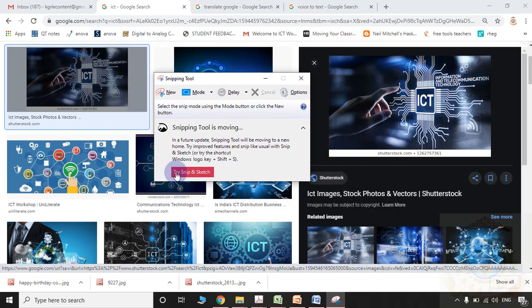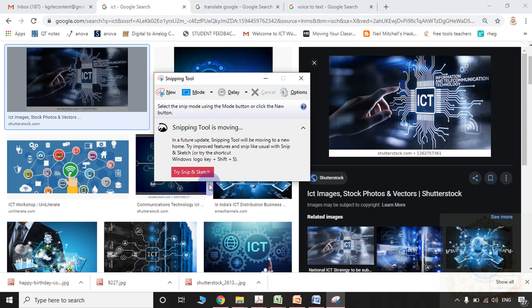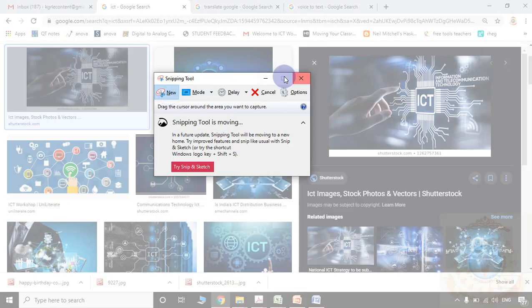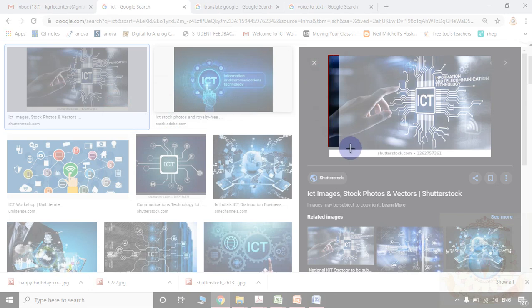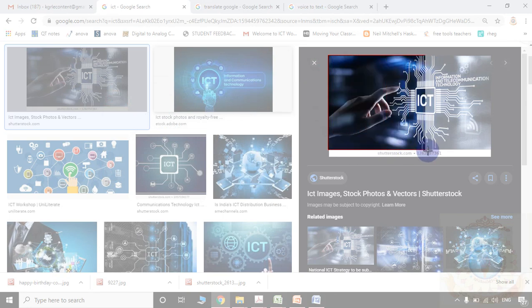Please observe, snipping tool is one application in Windows. Here the new snip option is there. Click it. Then you can select the required portion from your PC screen.